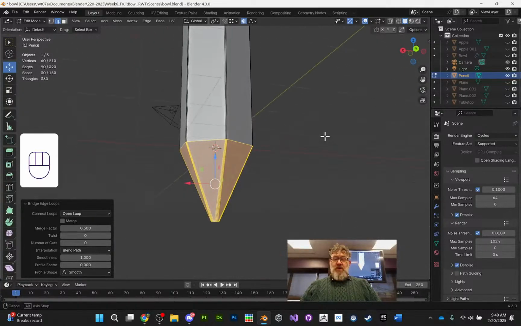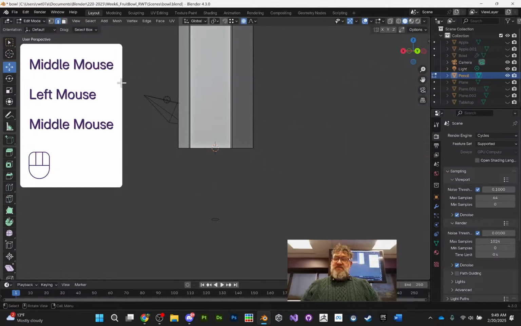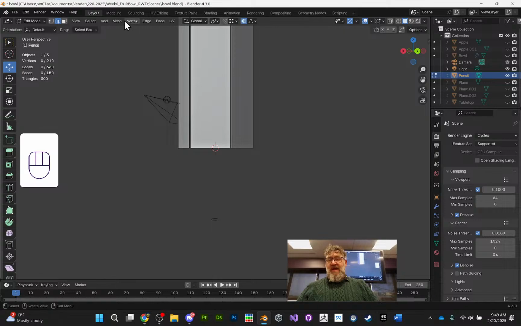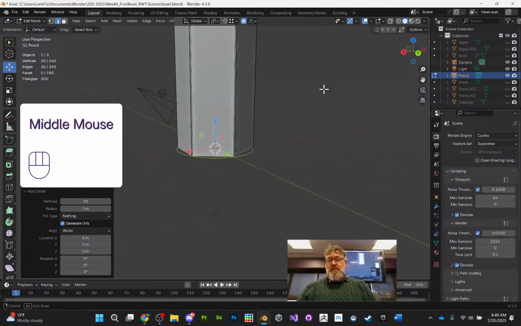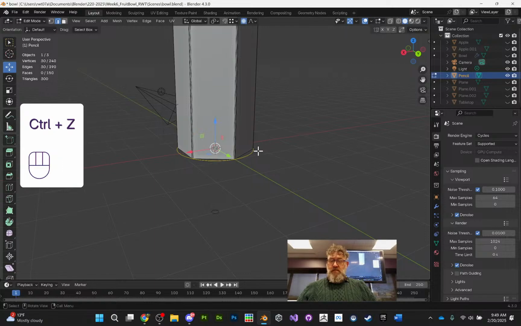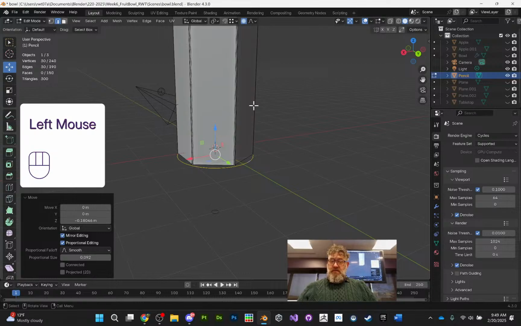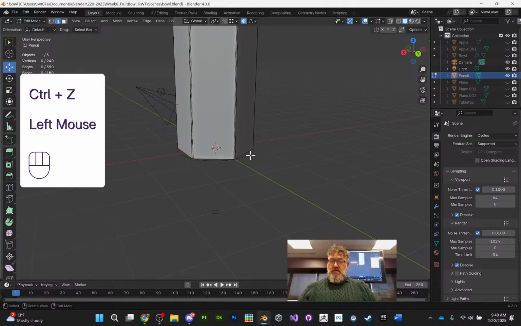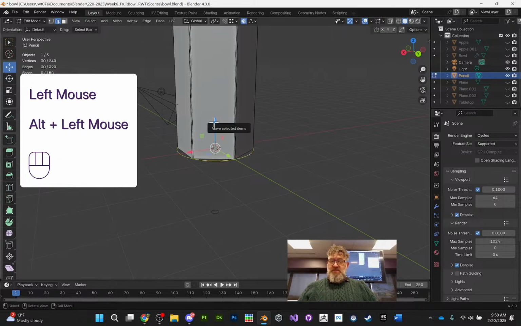Right, that's not what I wanted. All right, I'm going to do something else. I want this transition to happen a lot faster. So I'm going to undo this. I'm still in edit mode, so I should be able to just add another circle to this. Got that. Just the new circle,